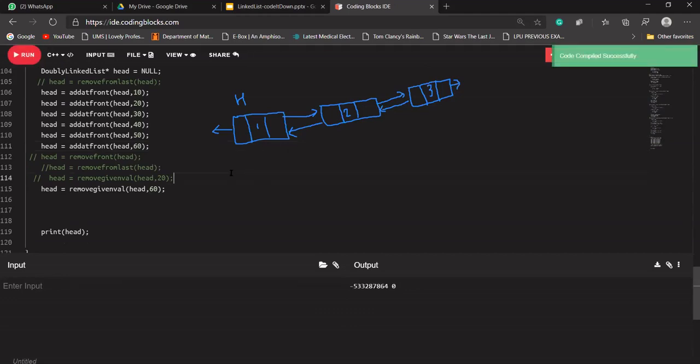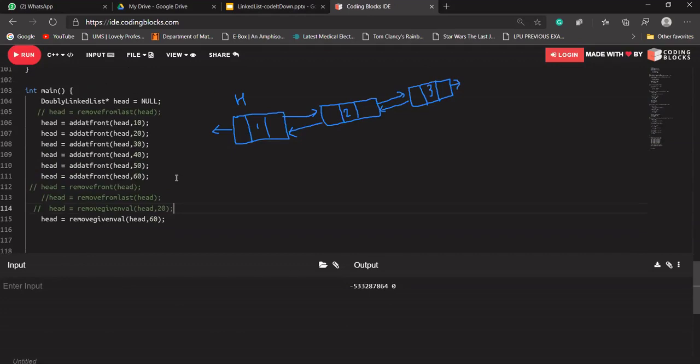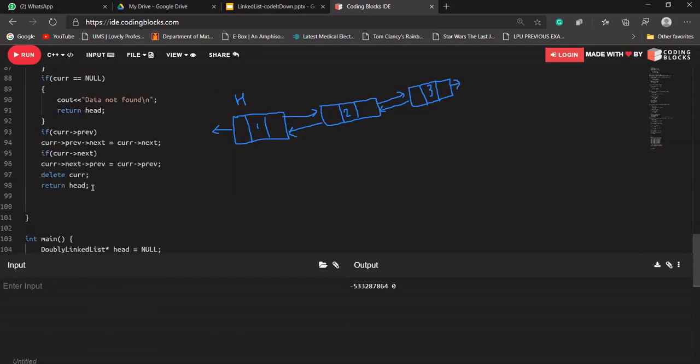It is printing a garbage value, because when we delete our first node, we have to update our head node as well. Because we are not updating our head node, it will cause an error. This head will be deleted because current was pointing to this head node. And head is being deleted, so we are returning head, the node that has already been deleted, so it will print a garbage value.